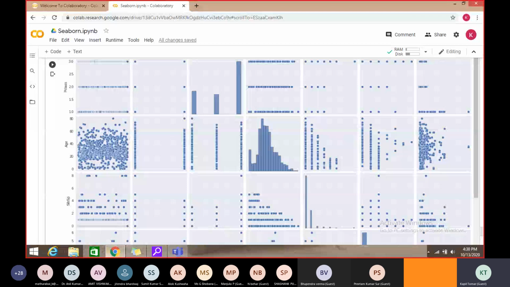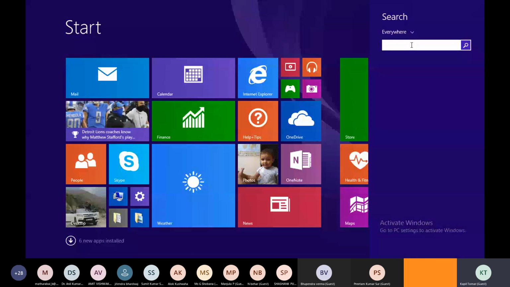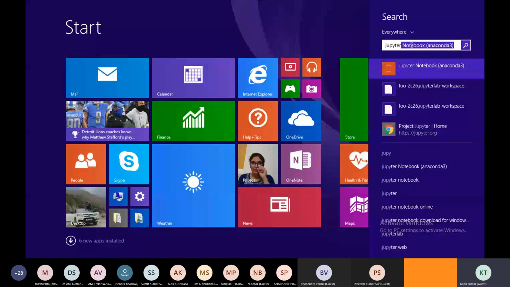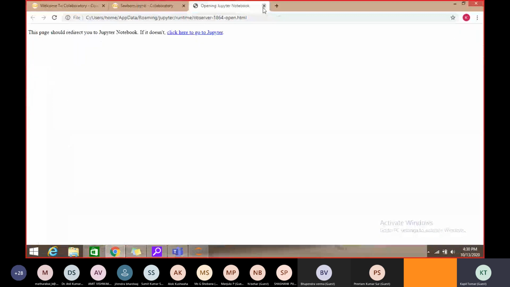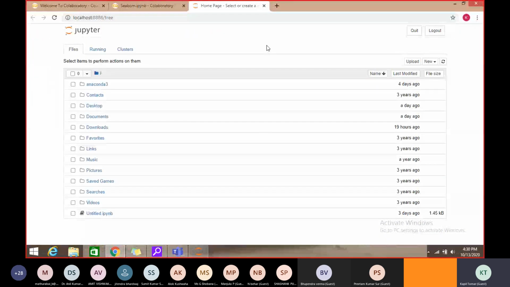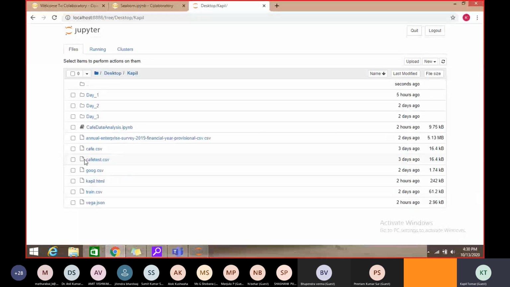I just opened the local Jupyter notebook, and I have this cafe dot CSV file.